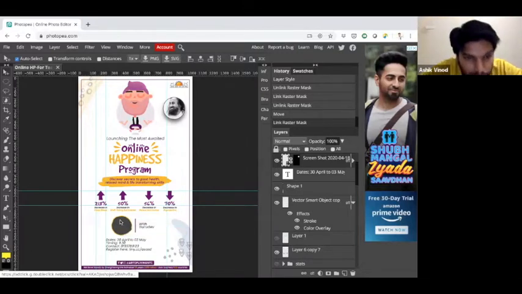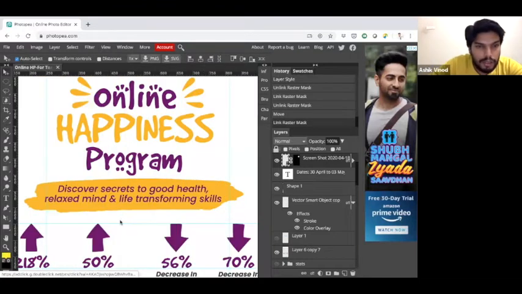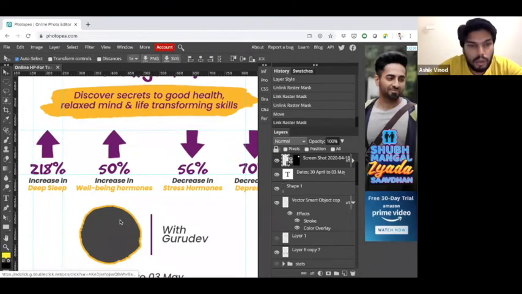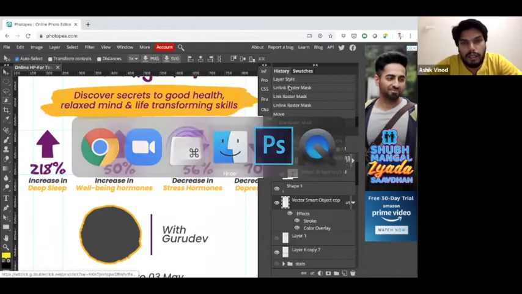Now the same thing can be done with this. It's not actually a circle, it's kind of a distorted circle, which you can see here. This is something that the designer of this Photoshop file has made. He has made it not exactly a circle, it's a funky circle kind of thing. Here also, you can select this and make a selection. So I'll load another Gurudev's image onto this.